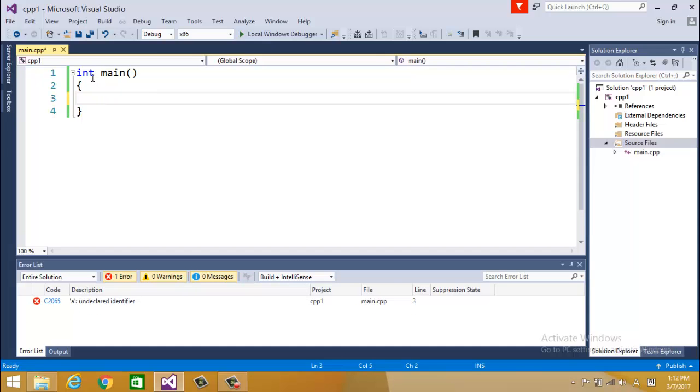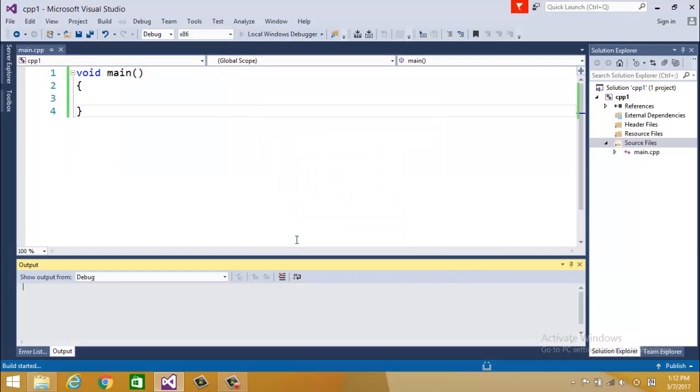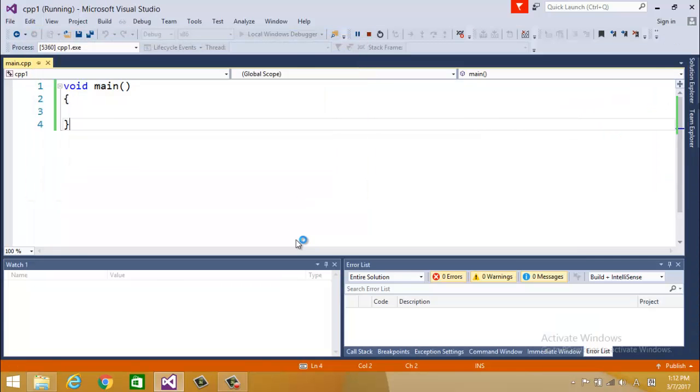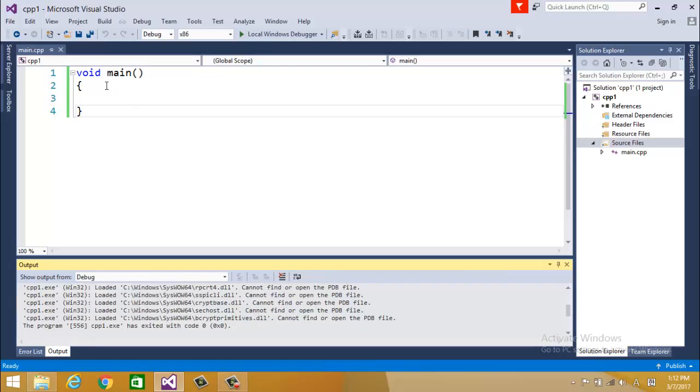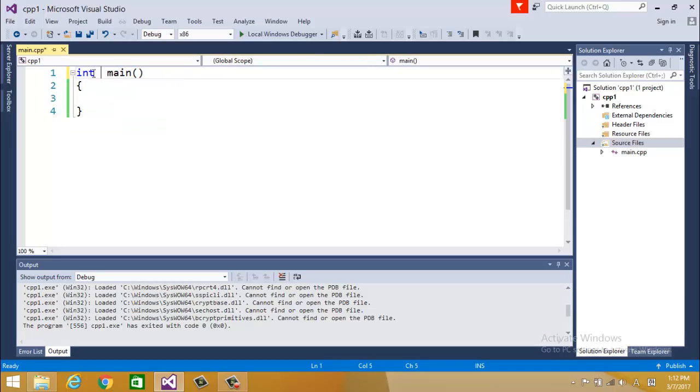Instead of int, you will see something like void. Void basically means it's not going to return anything. So now, it has exited with code 0. Basically, nothing got returned, and this is void. You will sometimes see this void. But anyway, the most common, simplest form of a program in C++ will be something like this: int main,